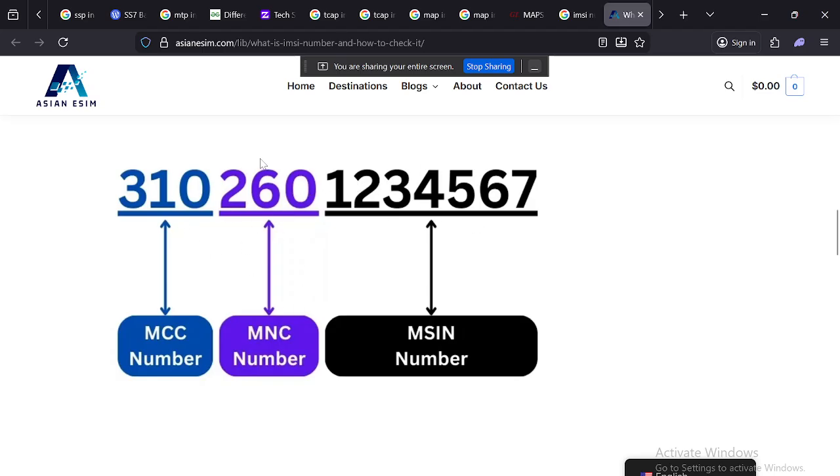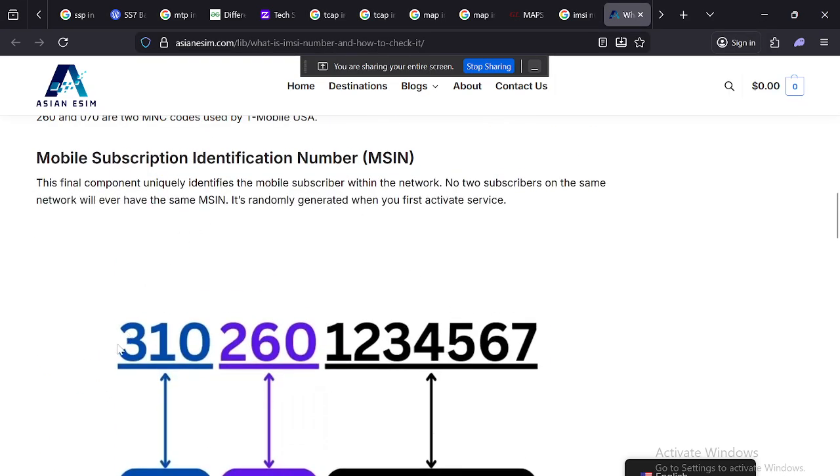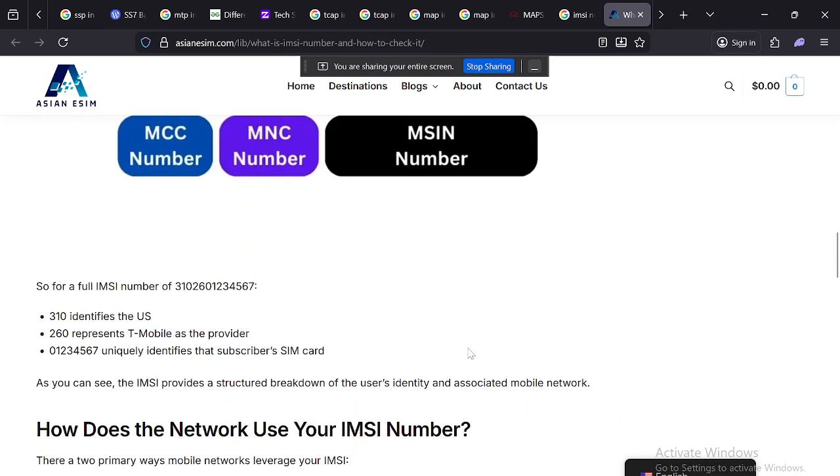Don't think that because I have one starting with 310, another client can't have the same thing, but the last 8 to 10 digits, or 7 to 10 digits, are totally different if you are in the same country.